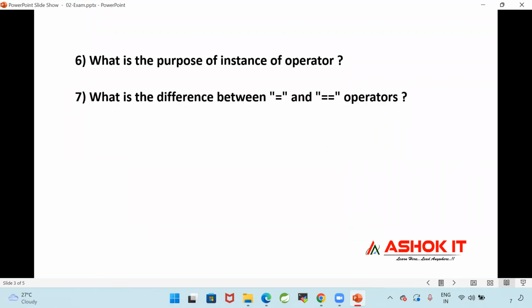What is the difference between equals and double equals operators in Java? Both are not same. Equals and double equals both are not same.